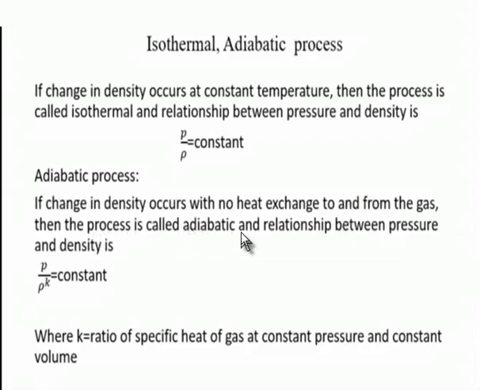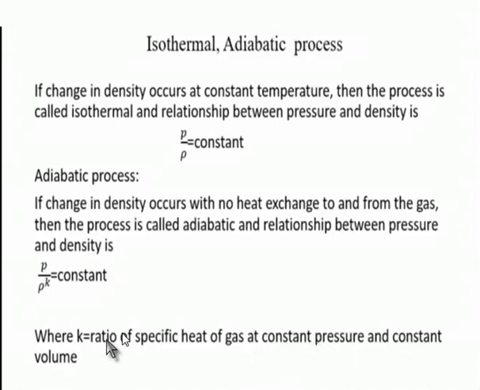then the process is called adiabatic, and the relation between the pressure and density is P by rho raised to K is equal to constant. Remember these two equations. This is for the isothermal process and this is for the adiabatic process. Isothermal is density change at constant temperature, and the adiabatic process is density change with no heat exchange, where K is the ratio of specific heat of a gas at constant pressure